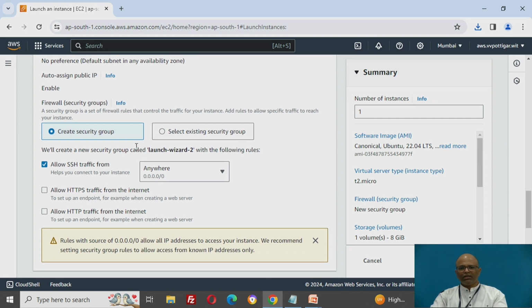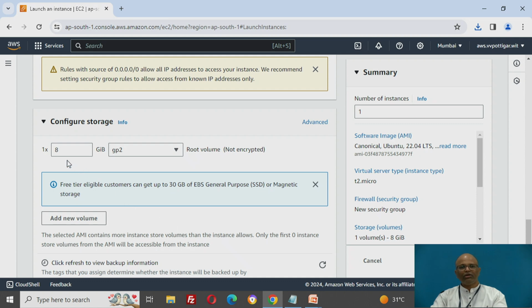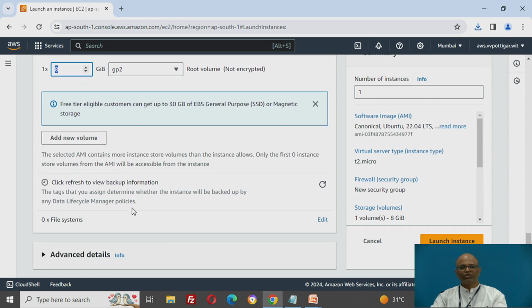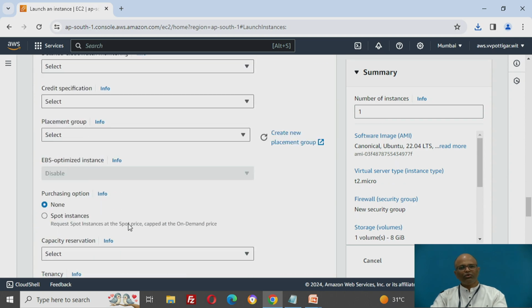And if you see, there is one more portion which is called a security group. We want to configure a web server in this, so we allow HTTP traffic to go to our EC2 instance. By default, the next configuration will get 8 GB of root volume where this installation will take place. If you expand the advanced details, as I'm saying,